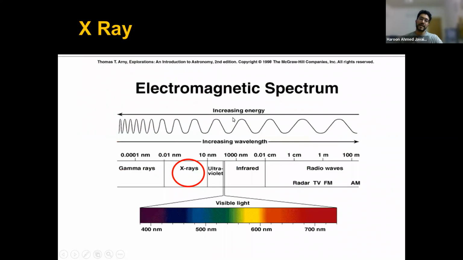Okay, so what is an X-ray? An X-ray is basically part of the electromagnetic spectrum, and it is a form of electromagnetic wave. So I'm sure we all saw this image in physics when we were studying in high school. Basically, it's a spectrum that has high frequency and then it goes lower and lower and lower. And X-rays are somewhat towards the high energy, high frequency, and smaller wavelength spectrum. Okay, so anything that has high frequency will have high energy, and if the frequency is high, the wavelength will